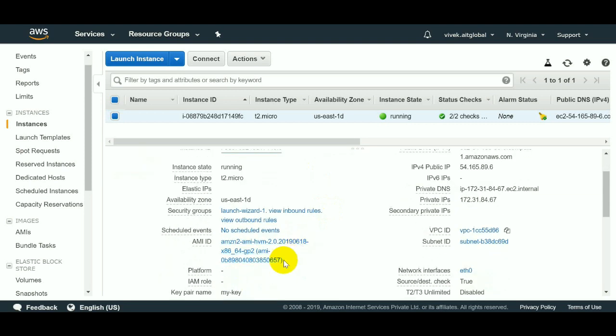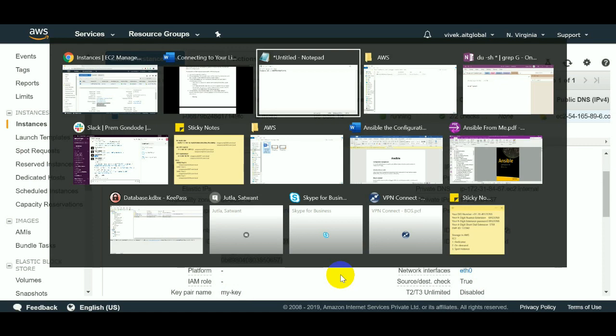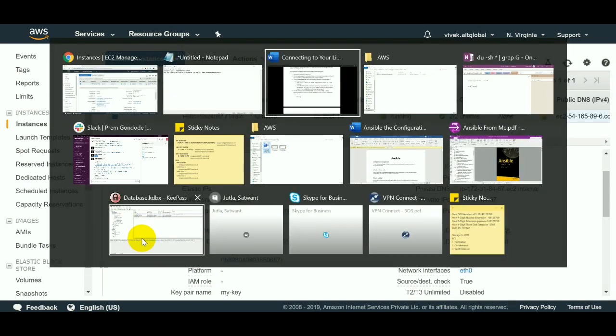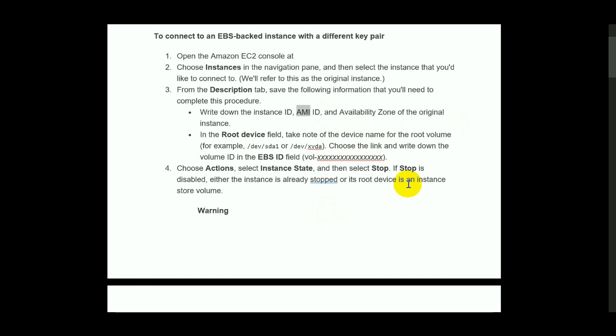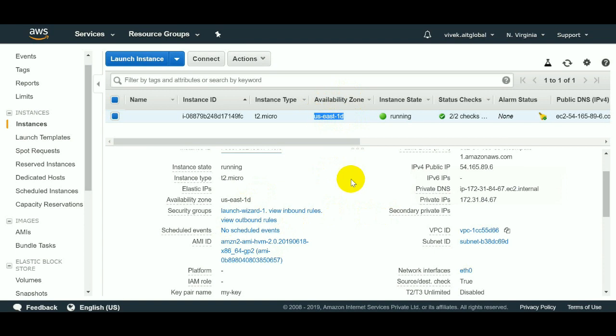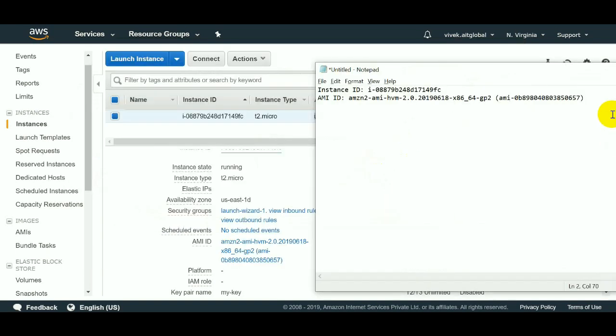This is the AMI ID. You should copy it and paste it here. Then you need to note down the availability zone. What is the availability zone for this? US East, right? It is us-east-1d. And then